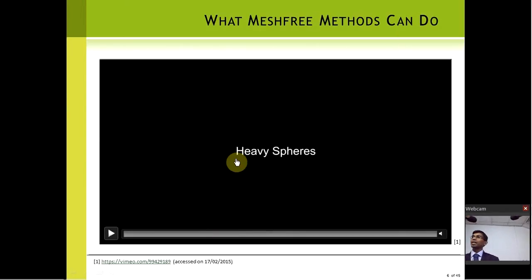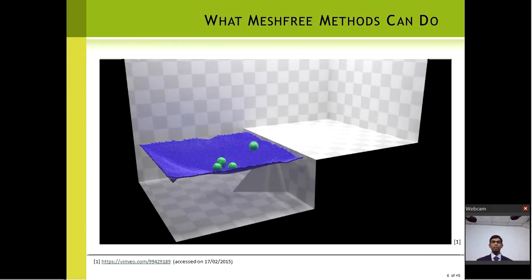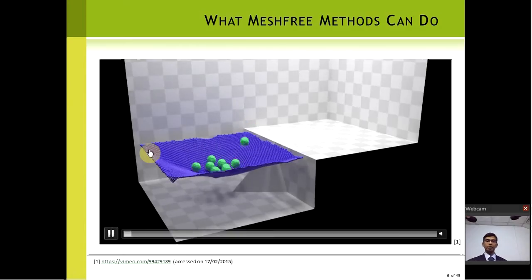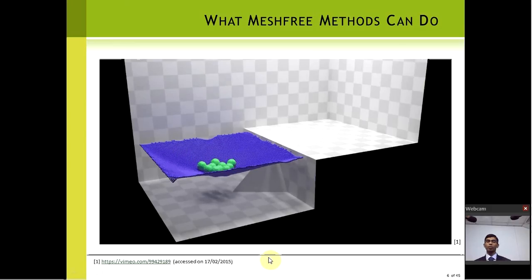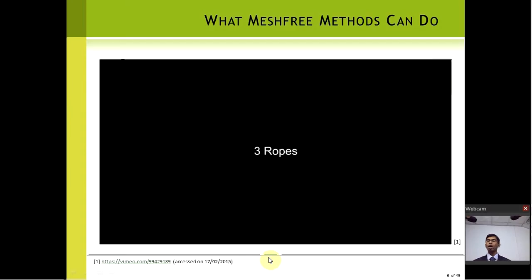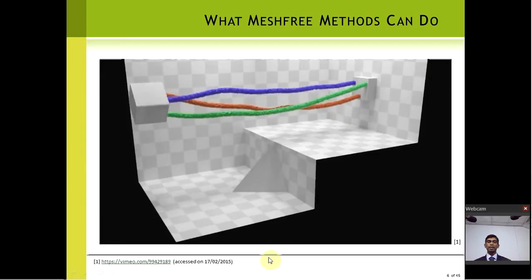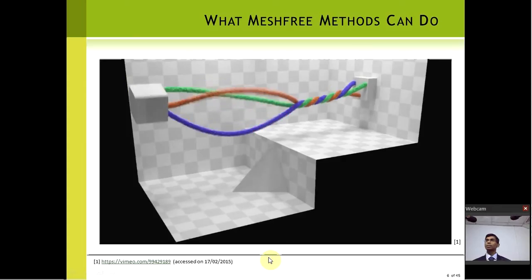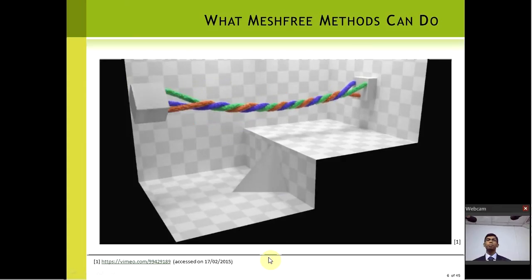Rather than many words, I'll show you an example of what mesh-free methods can do. You can see this is purely modeled with the mesh-free method. You can see particles. This is okay. What is next? That can be modeled with mesh-free. You can imagine with finite element how difficult that would be. In here you can see large deformations, rocks, modeled with mesh-free methods, particles, and what is next?